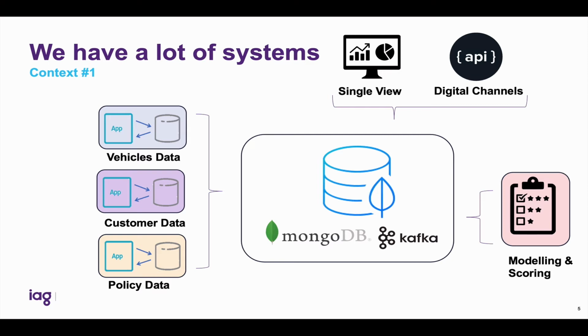This is much more about, we need to take data in real time and be able to act on it in real time. Because for a digital channel, like a mobile phone app, for example, it's not acceptable to wait 24 hours. People don't even want to wait more than 3 seconds typically. So we need to be able to act really quickly.